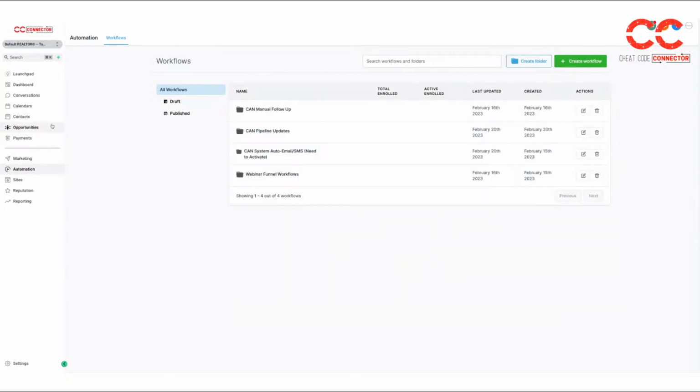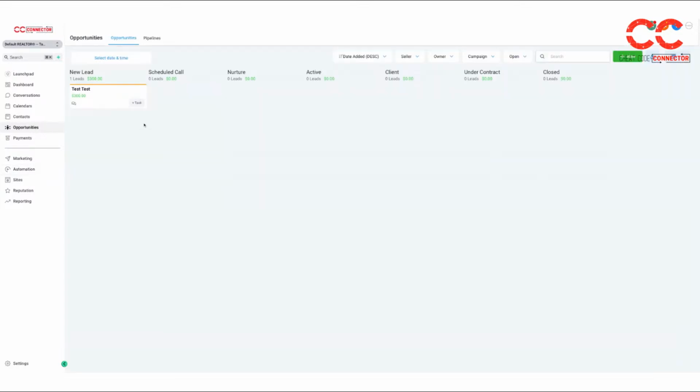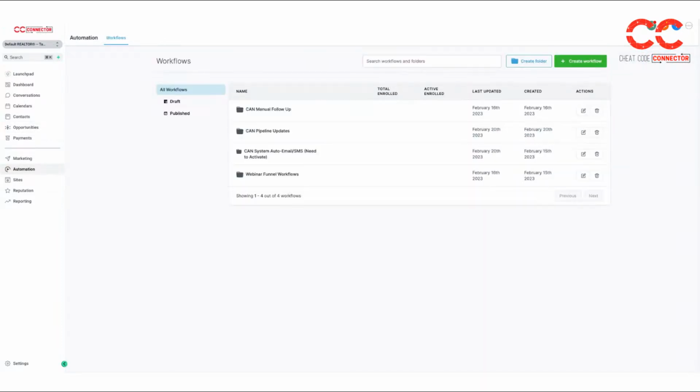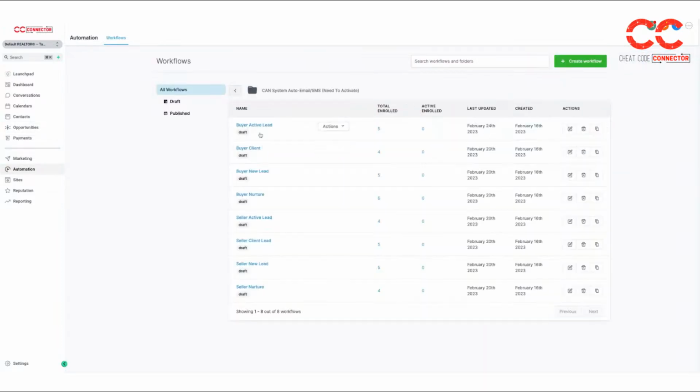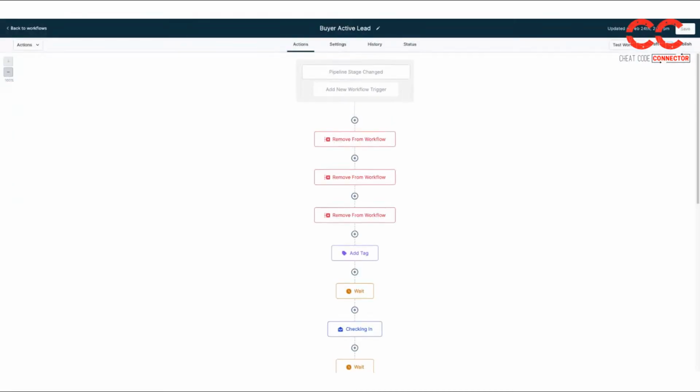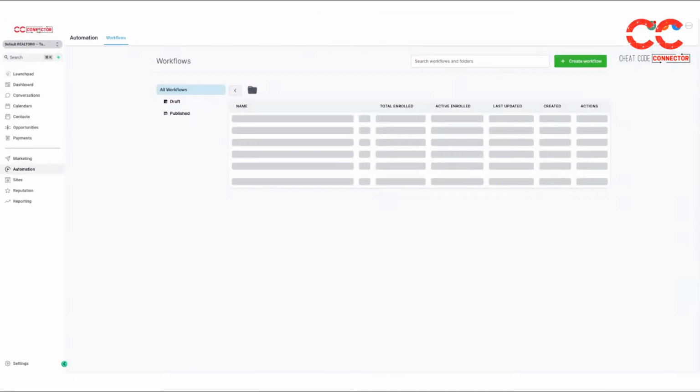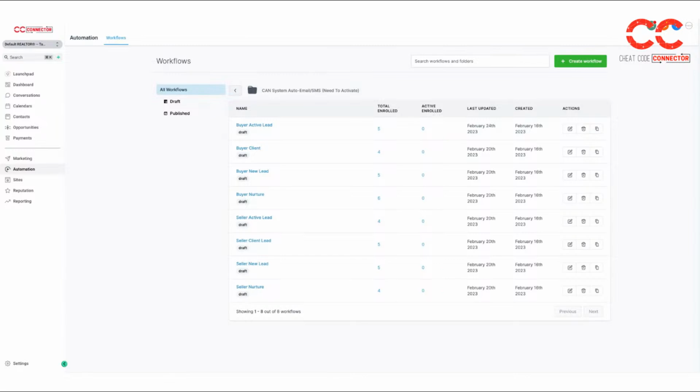So if that was a lot for you and then I lost you, it'll be very, very simple for you. This is pre-configured to work if you just click and drag it. But if you want to turn on the automated communication, auto emails and texts, just come to these, and each one at a time, hit publish and save. That's all you have to do if you just want it to work for you and you're not worried about all the complication I just gave you explaining the whole system. If I lost you, just go in and turn it on if you want the system to do the work